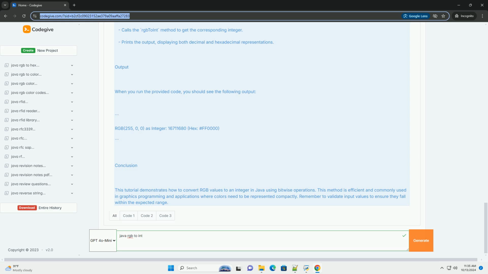Explanation of the code. 1. Method definition. The rgbToInt method takes 3 parameters, red, green, and blue, which are the RGB components. 2. Input validation. It checks if the RGB values are within the valid range, 0 to 255. If not, it throws an IllegalArgumentException. 3. Bitwise operations. It combines the RGB values using bitwise left shifts and the bitwise OR operator to pack them